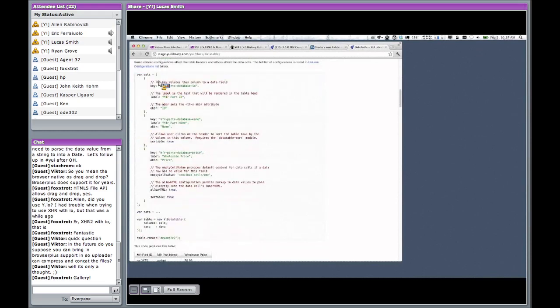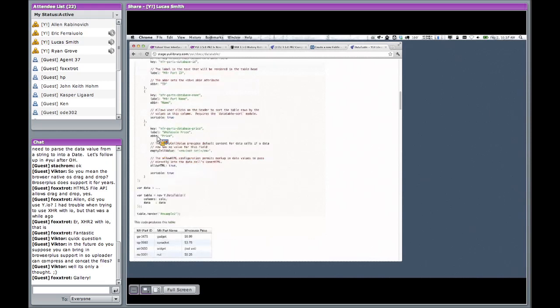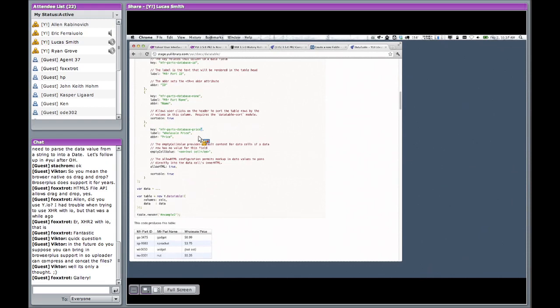The column configurations, these are no longer turned into instances of a class column internally, and the column set is no longer turned into an instance of column set internally. It's just working with raw objects, which makes this a convenient way to put additional configurations in here for formatters, and I'll talk about that in a second. But the column configurations, you can go into any detail, replacing the column string names with column configuration objects, using a key to bind this data to the data in the